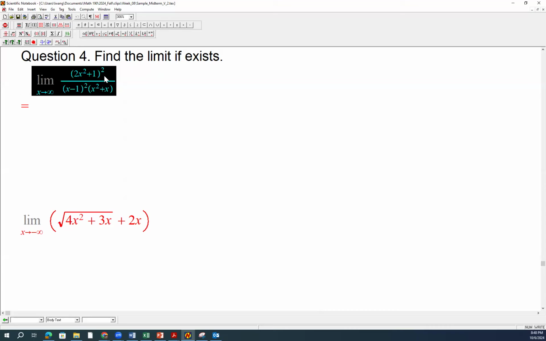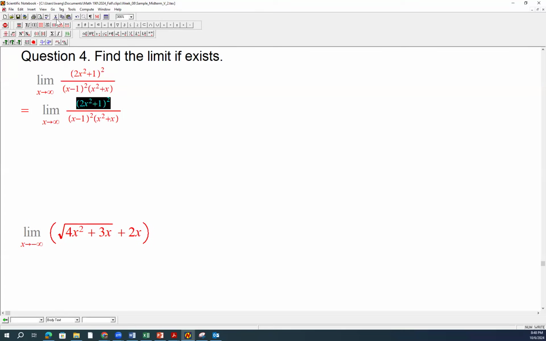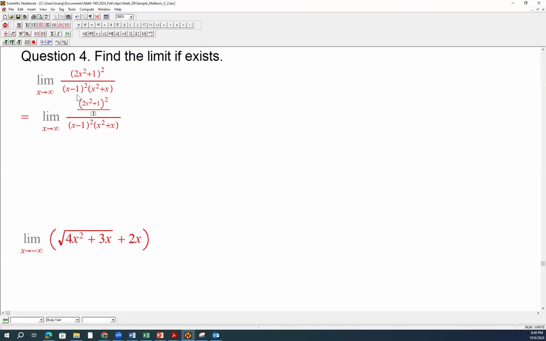We are aware how to handle this: the degree for the top is 4, the degree for the bottom is 4. So the way to find this limit is very straightforward. You just have to divide both the top and bottom by x raised to the power 4, and then apply